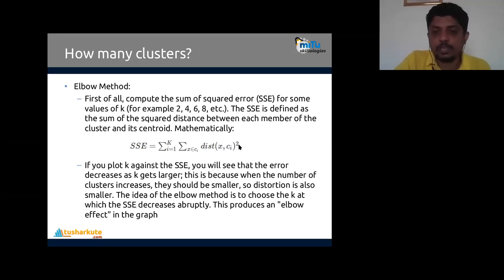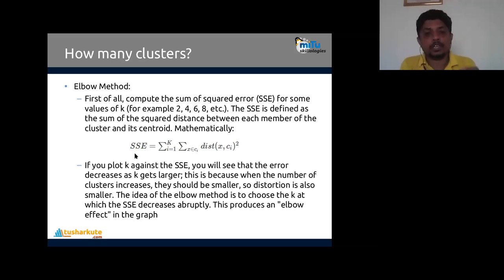Their distances, all of their sums, whatever number of values are there, their sums. And for every value of k, every point and its squared distance is identified, and we get the sum